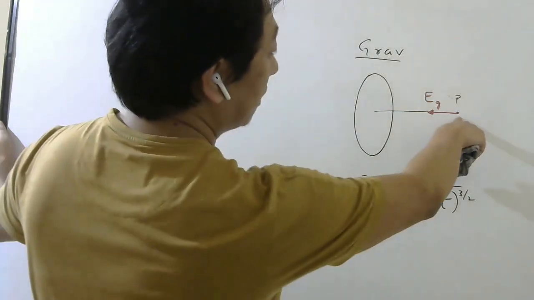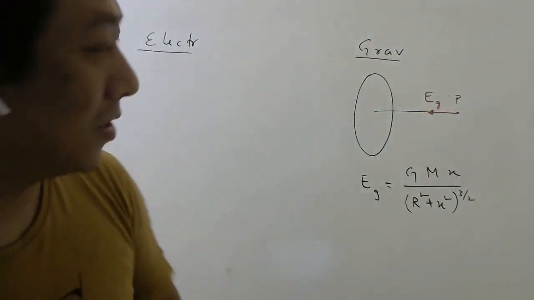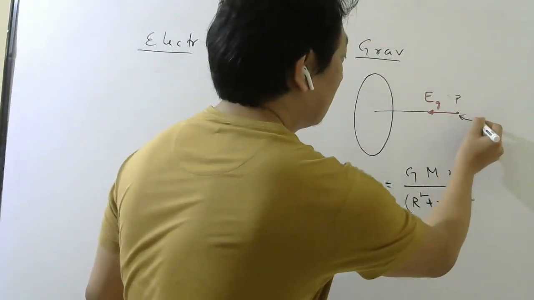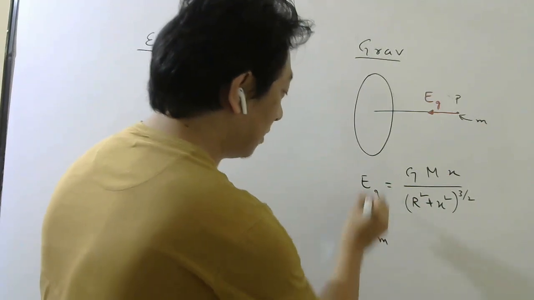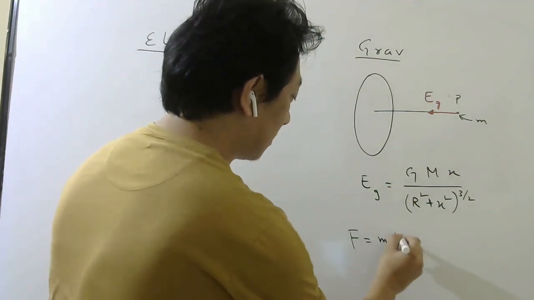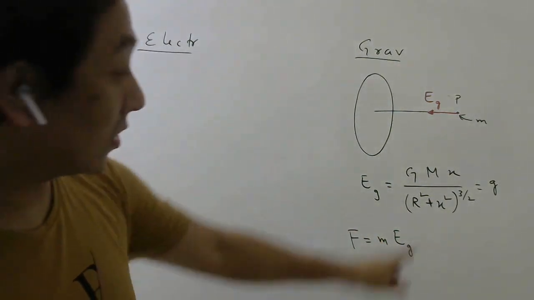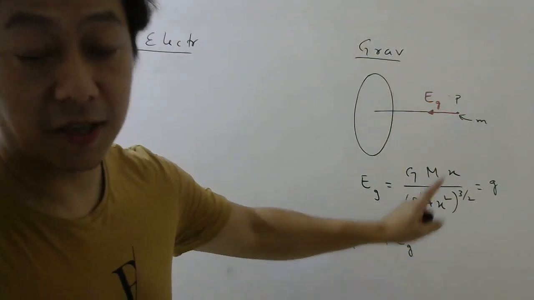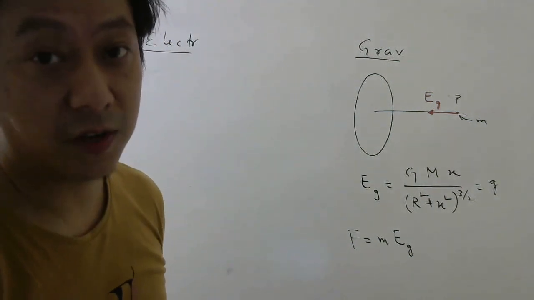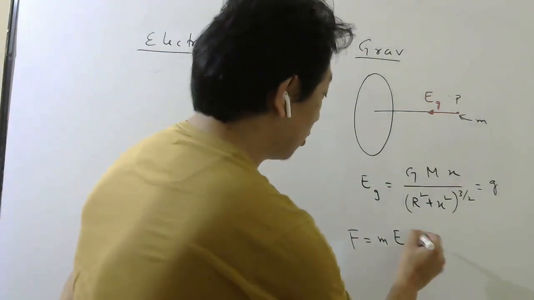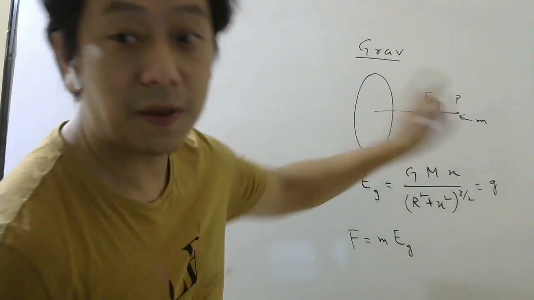Now if you put here any charge, let us say not charge, here I should put charge or mass. So if you put some mass M here, then that mass will experience a force that will be m into this g. This is also your acceleration due to gravity, correct? No, see, the formula doesn't look the same as the acceleration due to gravity of a sphere. For a sphere it was very different. So it will be just multiplied with this m, that will give you the force on this mass if you keep a mass here.